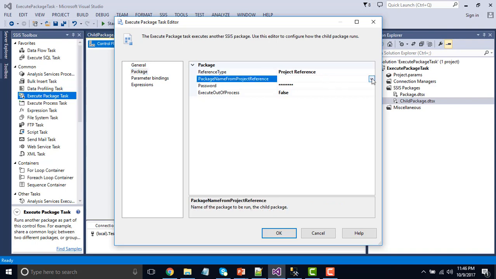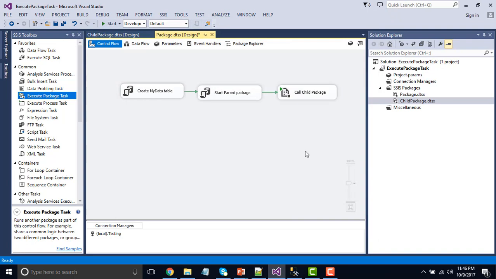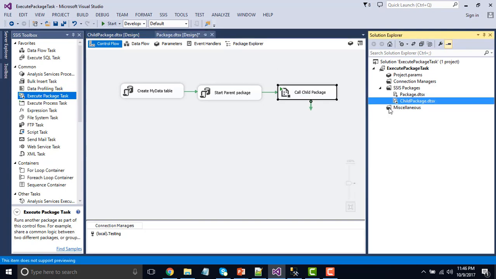So if you try to find the packages, it will show you the packages under this particular solution only. So right now there are two packages, child package and the main package. So let me choose the child package for now, so click OK. So now this particular task will actually execute the child package.